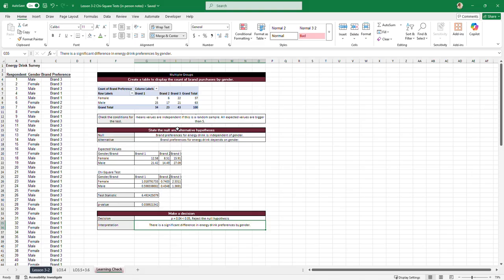So check your calculations. You should have got these values for the expected values, the chi-square test values, your test statistic and p-value. Also check your interpretation and decision. They don't have to be written the exact same as mine, but as long as you have something about difference, or you could have also written energy drink preferences depend on gender. That would also work for your interpretation, as long as you have something about them being different or dependent,